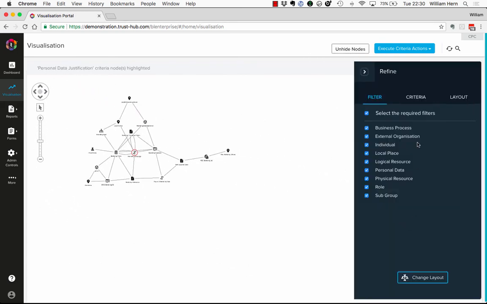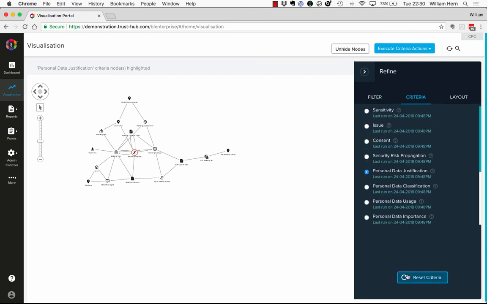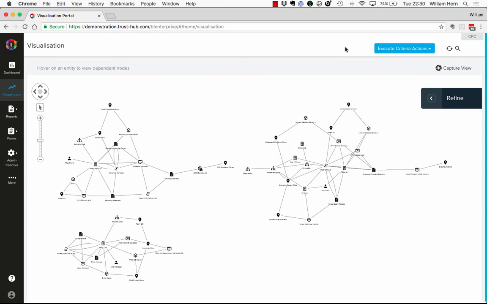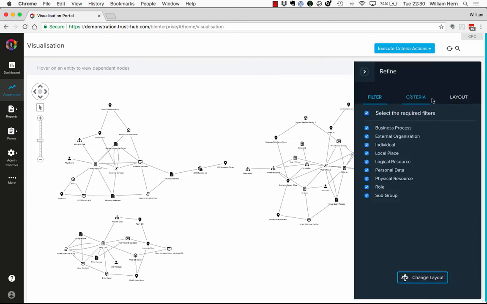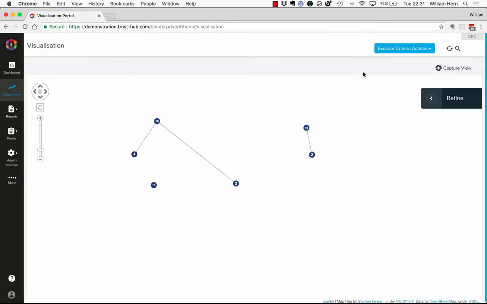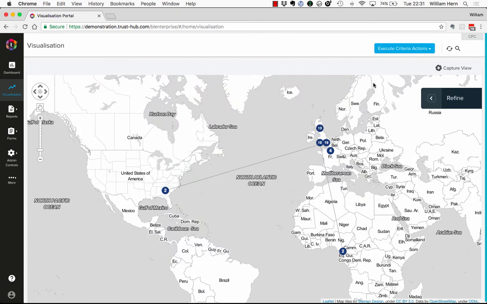I turn off the criteria for a second. What I can do is visualize my whole model, both in this kind of logical view, but I can also do it as a map-based view. So in this case, I'm now viewing where all of the entities, where all of the data and the other resources are being stored. I can see that the majority of